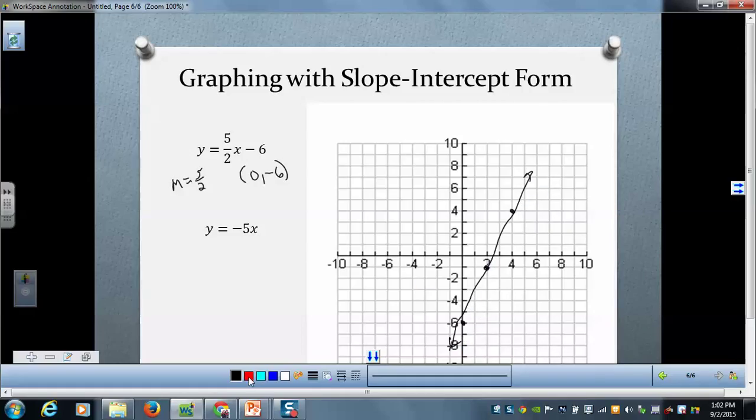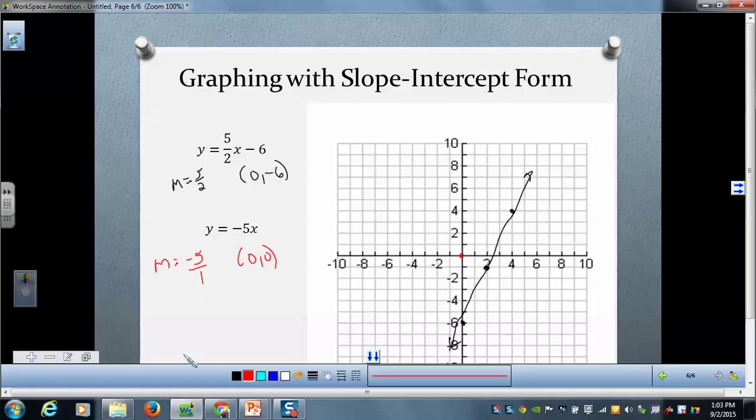Okay, now let's look at our guy here. Now once again, I need to find my y-intercept. Well, notice there is no b. Okay, if there is no b, that's telling you that it goes through the point 0, 0. So I'm going to go through this guy right here. I identify my slope, which is negative 5, and remember, if it's a whole number, we're always going to put